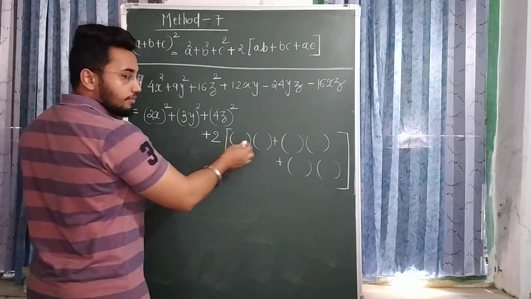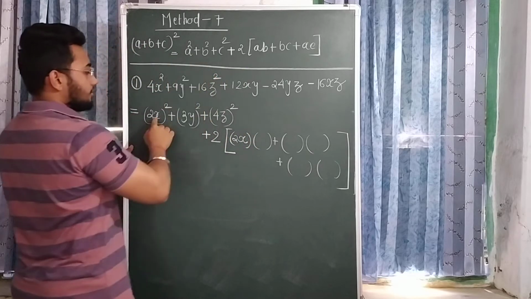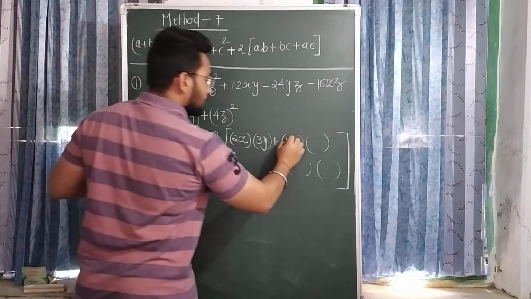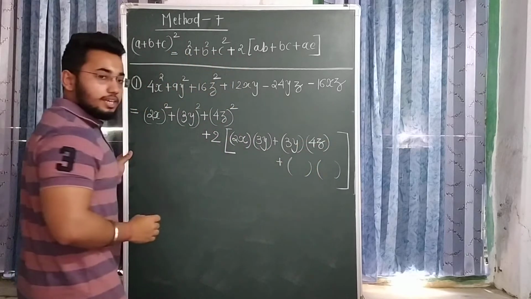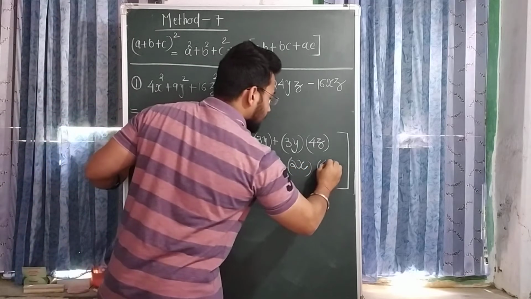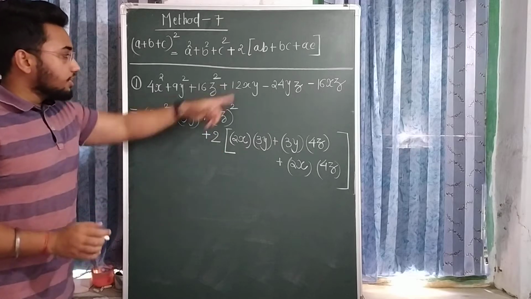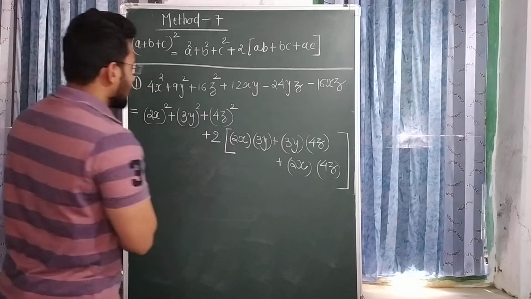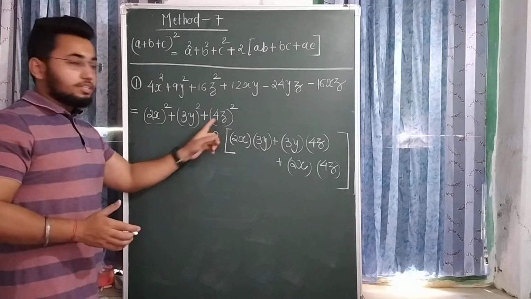Now I am putting the value of a, b and c over here. AB, this is the value of a, this is the value of b, 3y. Now BC, b, this is the value of c. Now AC, a, and this is the value of c, 4z. First of all, I am taking all the values positive. Now check it. अब इसको आपको check करना है, and according to this you have to apply here sign. First of all, ये तीनों पे focus मत करो. Don't focus on these three things.